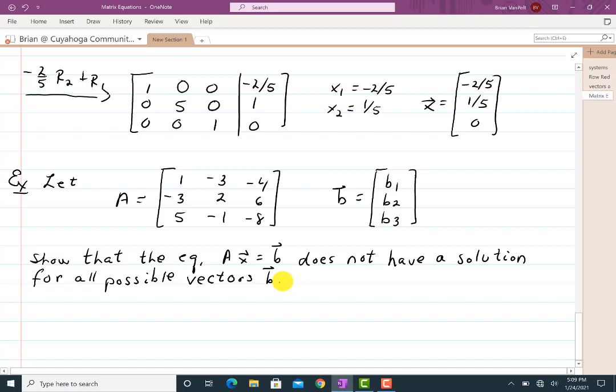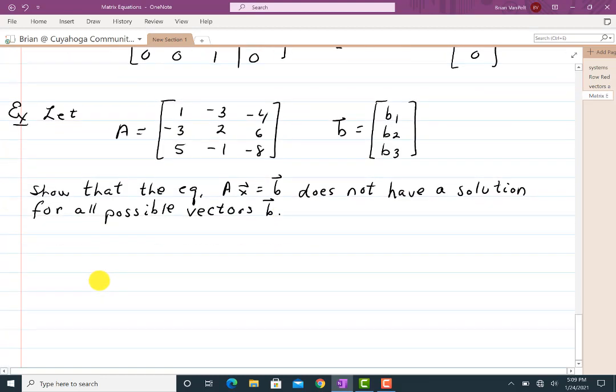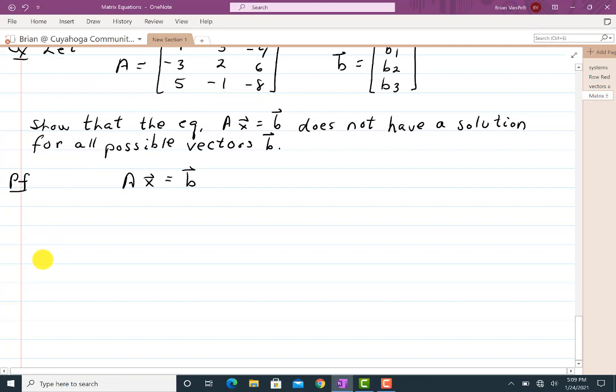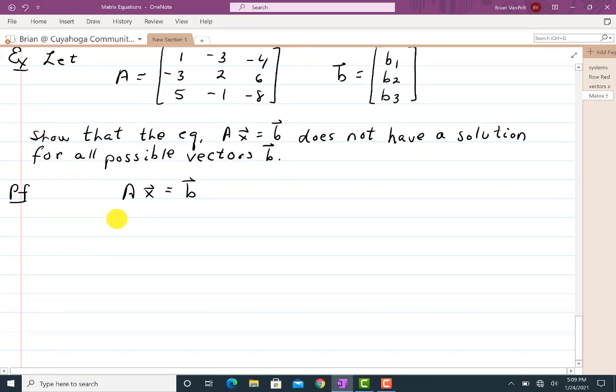And so what we'll do is, since it says show, that means what I'm going to do is a proof. Set up the equation AX equals B. So like you have a normal equation, you would try to figure out the X value, right? Well, that's the same thing here. I'm going to try to figure out the X vector. So immediately, I'll pull down my matrix a little bit. I can immediately go into,